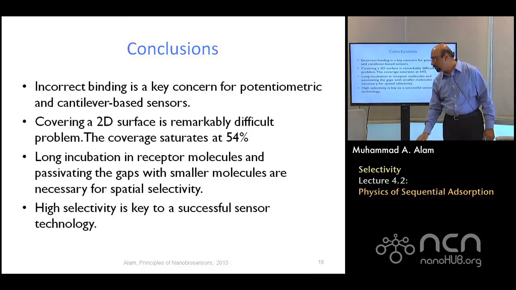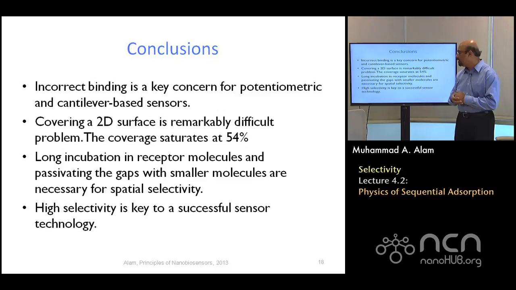And the most important point of these two lectures I wanted to emphasize is that selectivity is very important. It can be highly sensitive. You can detect femtomolar. You can have a very miniaturized sensor, which can be implanted or embedded in various configurations. But if it cannot differentiate the target molecule from incorrect binding, or if we allow empty spaces to sit without passivating them with grass-like molecules or other molecules, then you have a technology which is not really very good and cannot be used. So I hope this is a main message that you will remember.